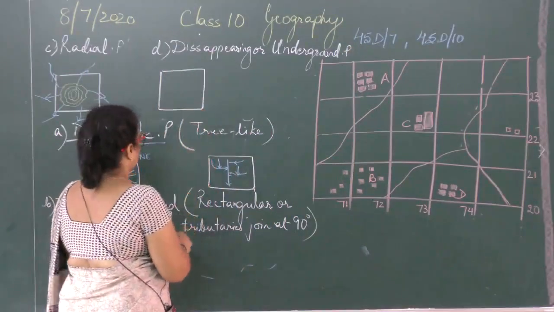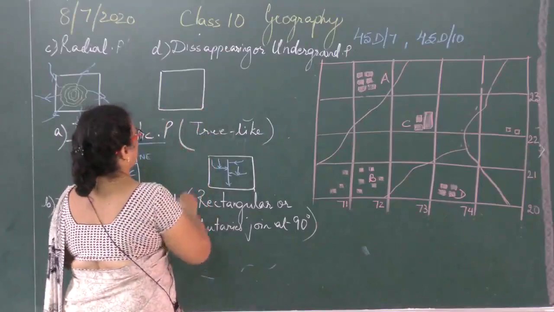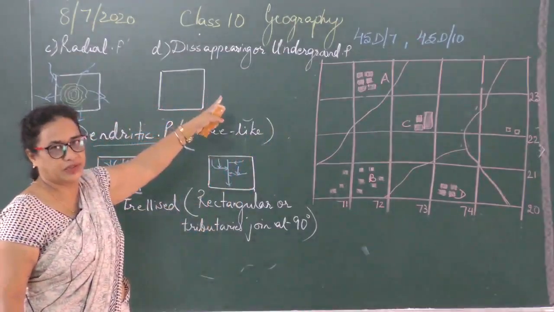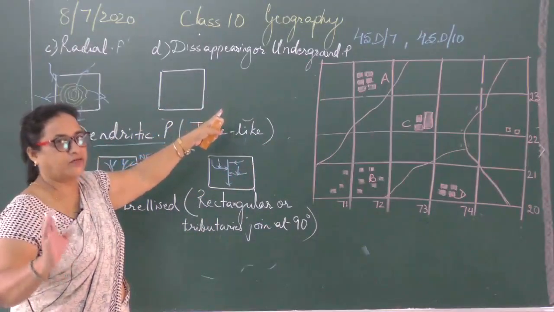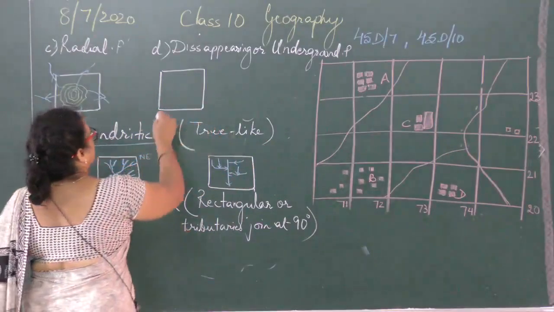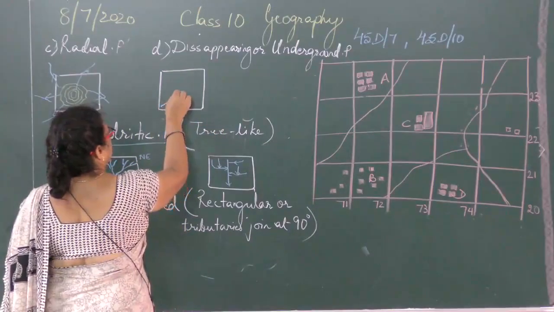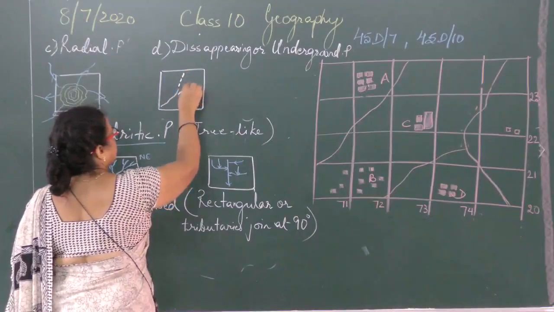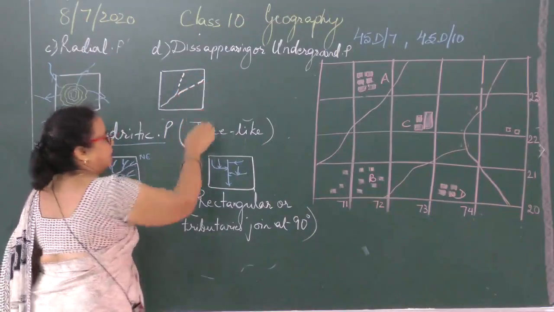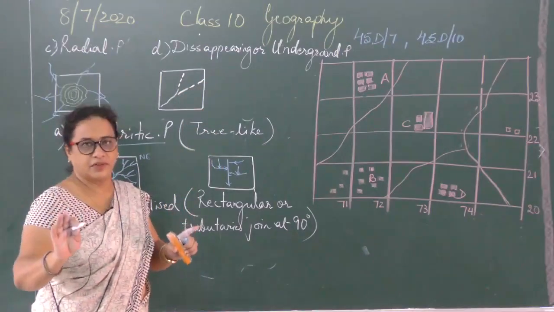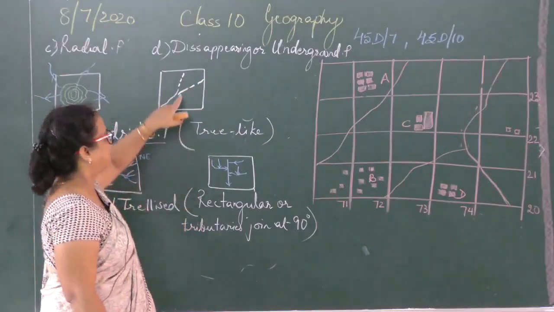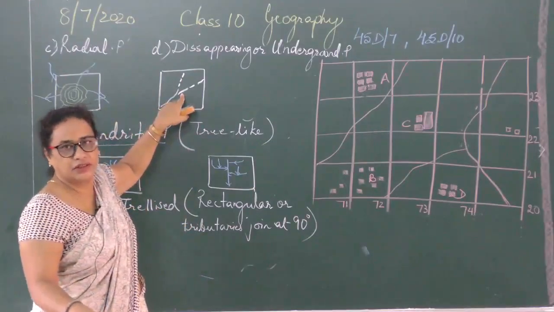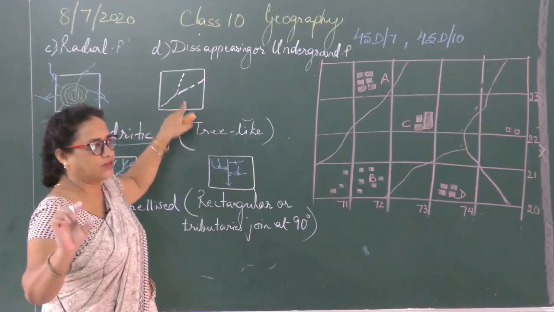Inside a box, you will have a, now I'm drawing this in white because usually seasonal streams are disappearing streams. Seasonal meaning they have water for a limited period of time. This is a seasonal stream. Clear? Some distance it flows, then it is shown like a broken line. It is becoming like this. Clear? That means the water is disappearing. And where is it going? It is percolating inside the ground. Clear? For disappearing pattern, please write down a short note.